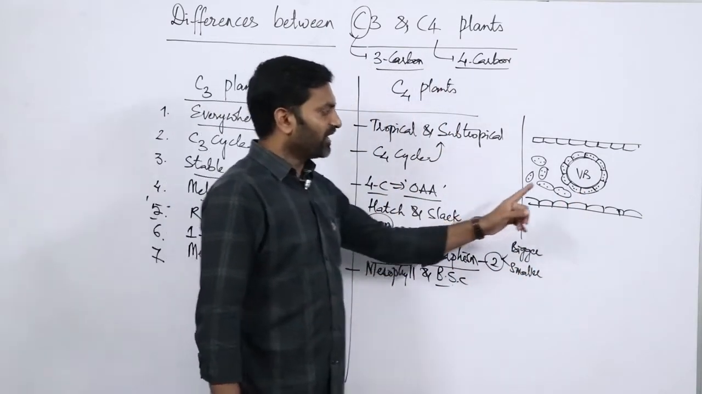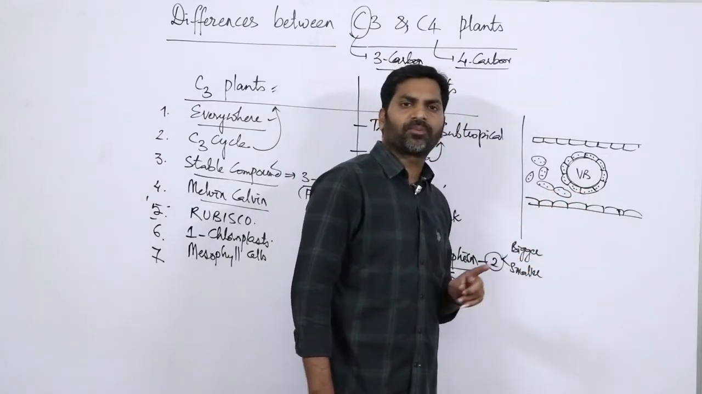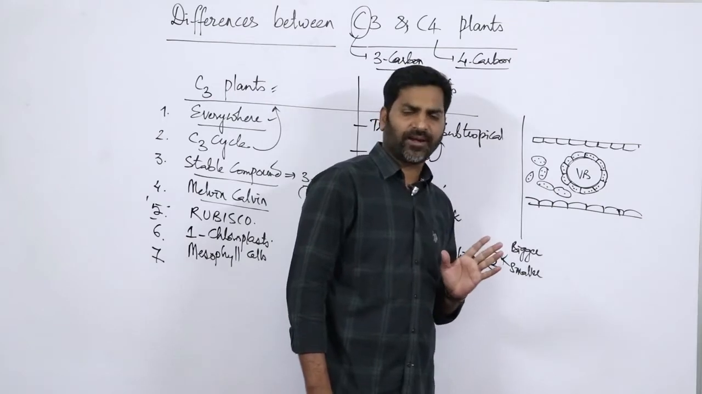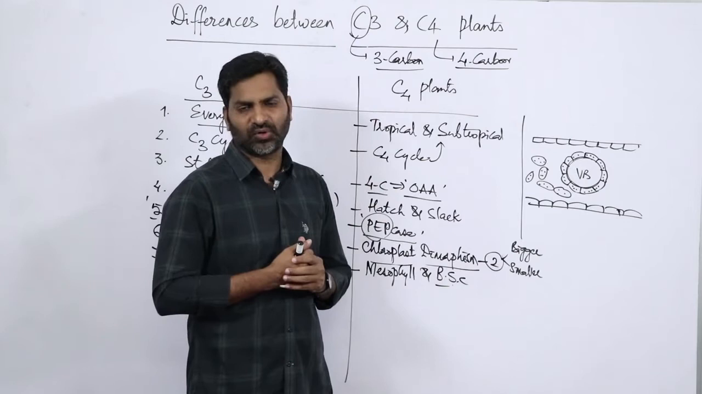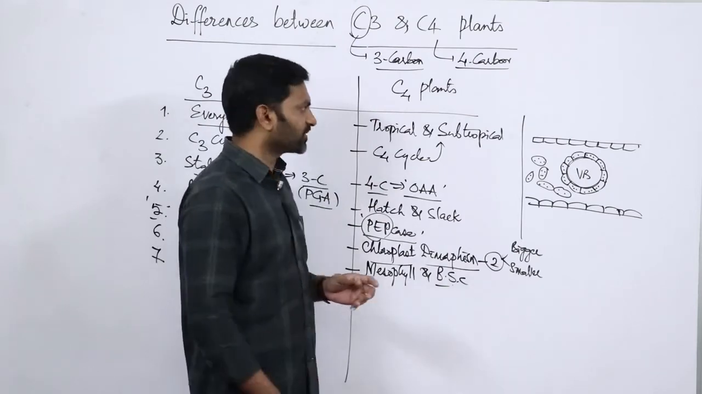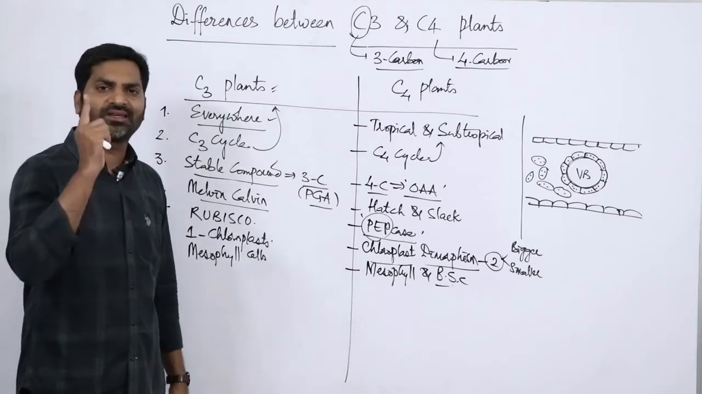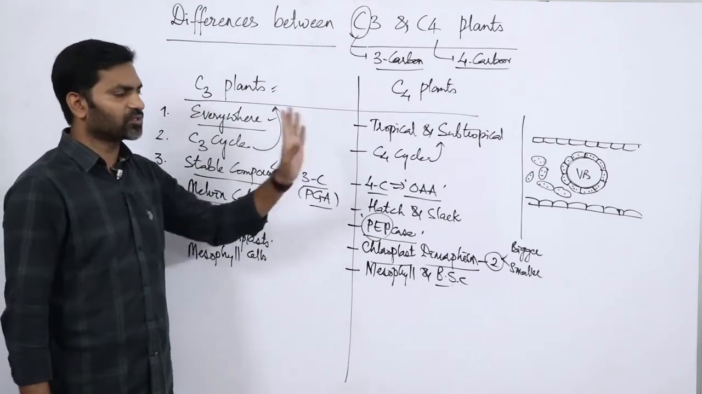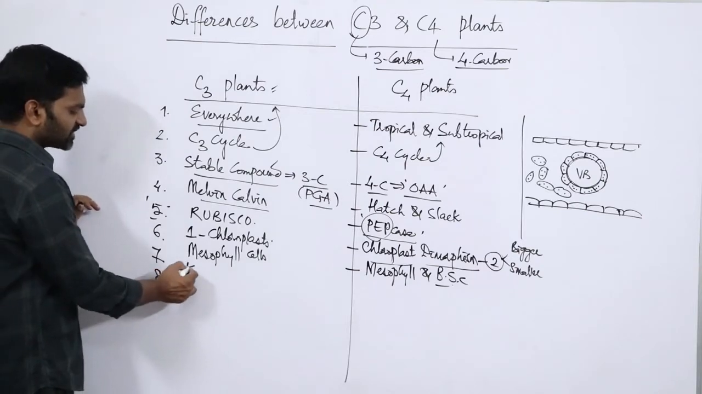But bundle sheath chloroplasts are bigger in size, whereas mesophyll chloroplasts are smaller in size. So this condition can be called chloroplast dimorphism. Chloroplast dimorphism is seen in C4 plants. In C3 plants there is no chloroplast dimorphism; only a single type of chloroplast is present in the mesophyll cells. Next difference: Kranz anatomy